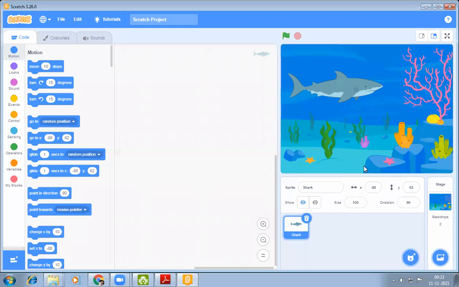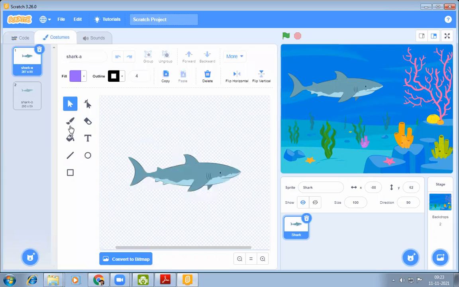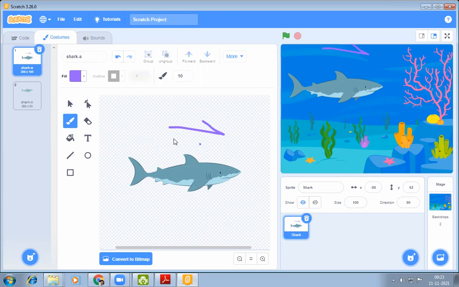So we can also edit, we can also change the size and shape of the backdrop. Here, by clicking the paint option, we can draw anything or edit the background.